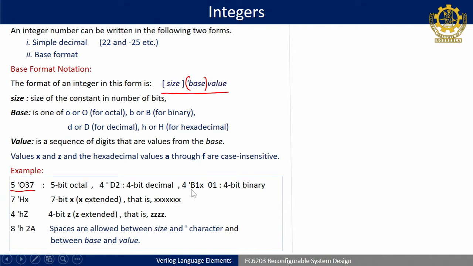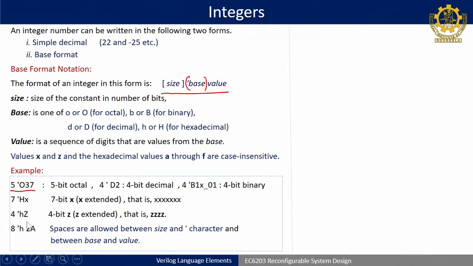So 4-bit binary. Till now in simulation, when we are creating, we are just writing a equal to 1, b equal to 0. That is actually a simple decimal format you are writing. But if it is 32-bit, then at that time you have to write 32'h some value or 32'b some value, maybe it is 32-bit binary, okay, not h. So at that time you have to follow this notation. In complex coding with 32-bit, 64-bit, we have to follow this type of base format notation, right.